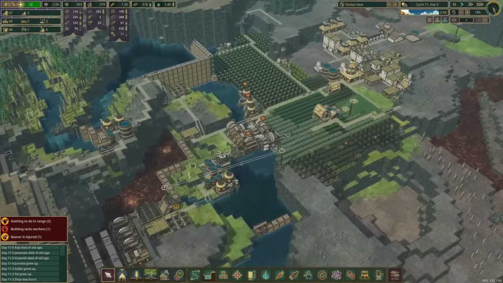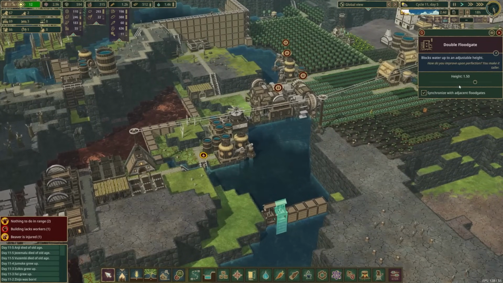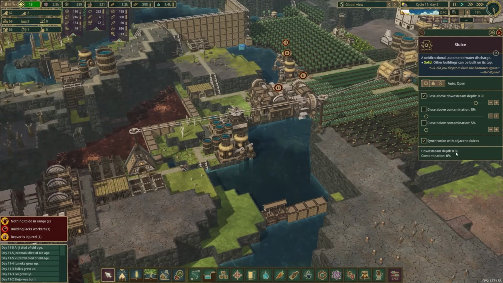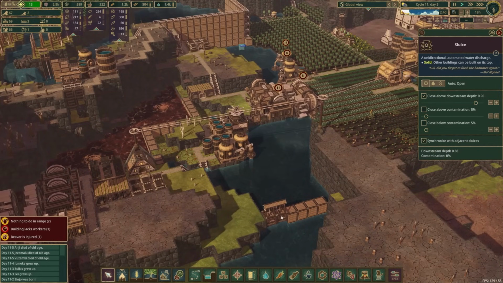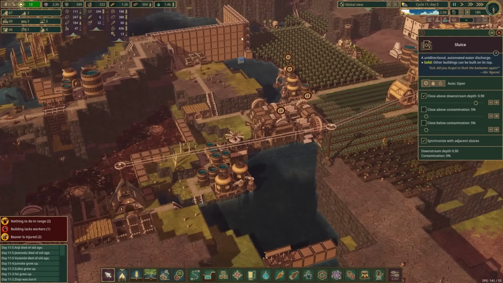Alright. If I can manage to find a happy equilibrium here, that would be great. Because right now this is set to close above downstream depth of 0.9, and now it says the downstream depth is 0.86. Oh, now it's 0.87. I don't really want to lower this, but...